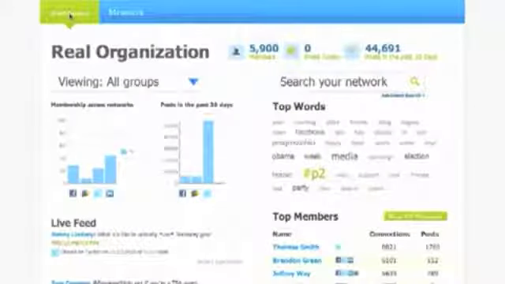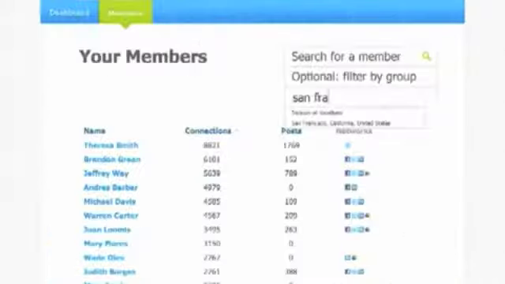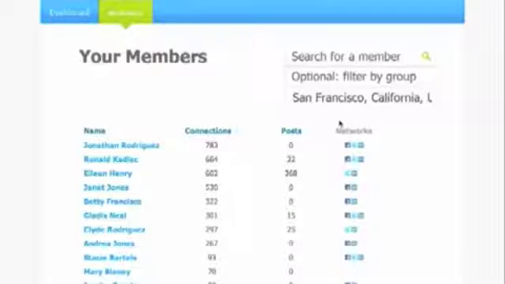Let me give you a couple of examples of how you can use Attentively for your nonprofit organization. The first is, you want to hold election watch parties in 10 cities across the United States, but you don't have staff in 10 cities. Click on the Members tab. Refine by location to show supporters in San Francisco, because that's where we want to hold one of our watch parties. See that supporters are sorted by connections? Those with the most connections online are at the top.